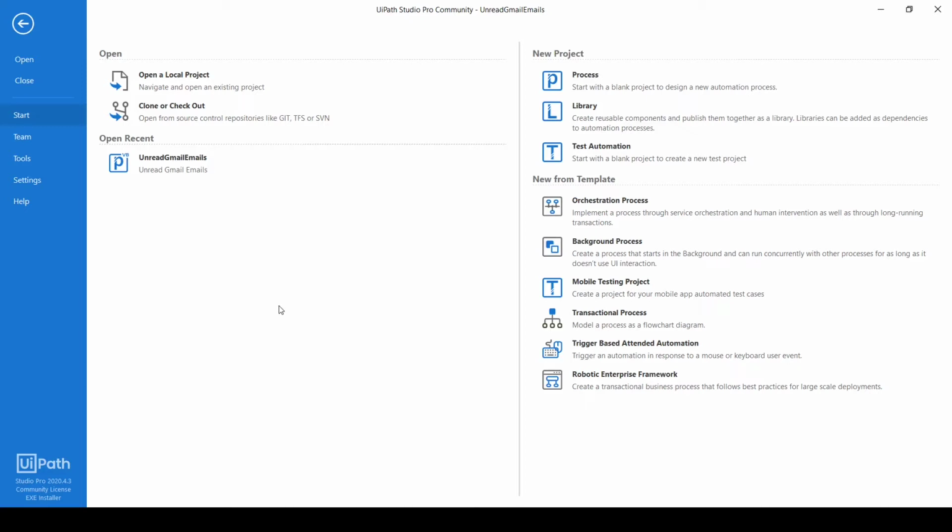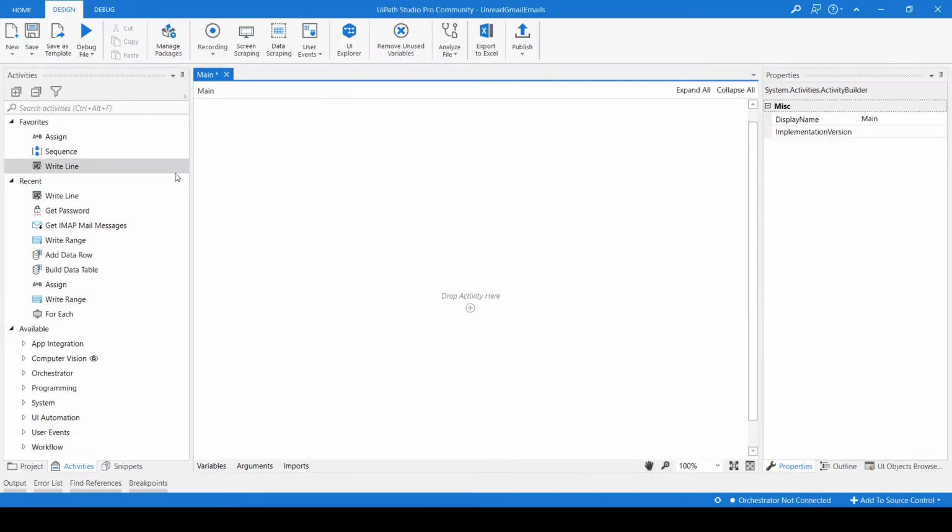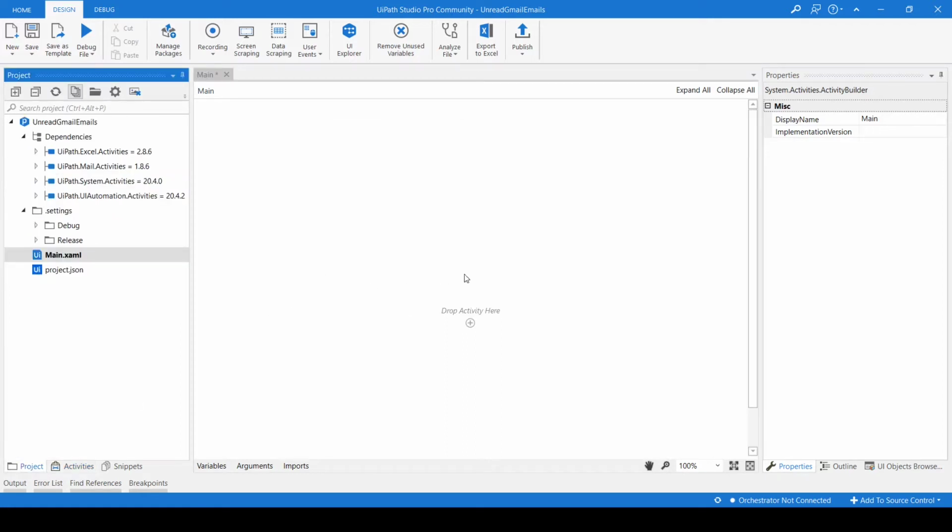So in this example we will see how we can read 100 mass emails, who has sent the email, the subject line, and the time. So all this data we will see how we can read. For this I have created one process here, 100 Gmail messages, 100 Gmail emails. So this is the workflow and the process name. So we will see how we can read here.